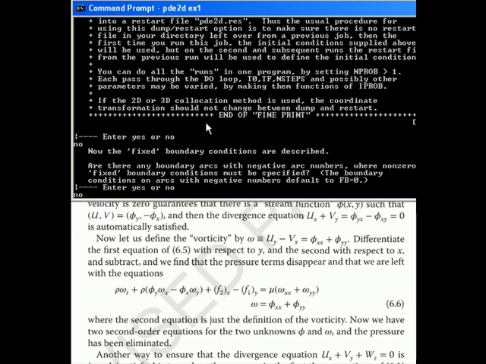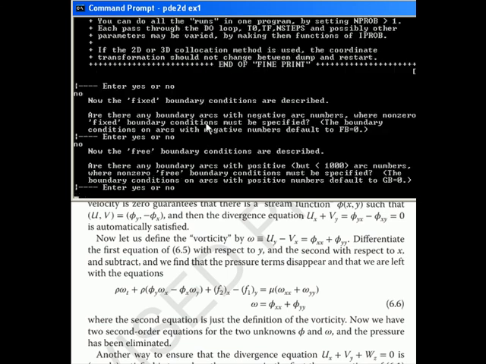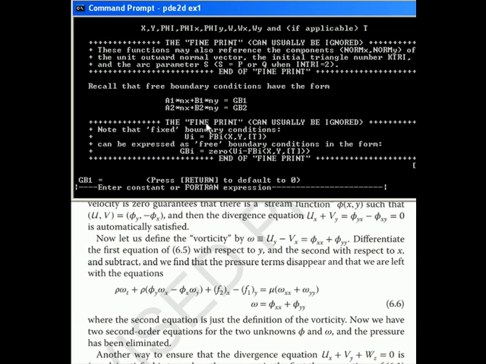Okay, so we do have a fixed boundary, that's the bottom, where both variables are 0, but since they're both 0, I don't need to define them, I use the default. Now, the free boundary condition, that's everything else. That's arc number 1, and this time, again, we have to be careful. This is phi x times nx plus phi y times ny, and that's going to be 0 because remember, phi and the normal derivative are 0, and this is the normal derivative, so we put in 0 to make the normal derivative 0,